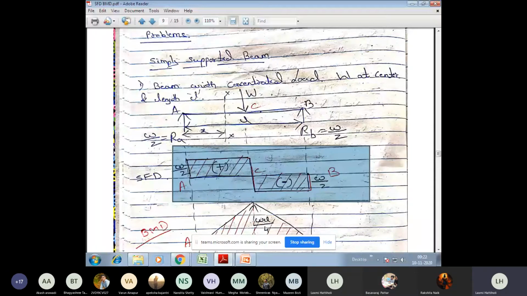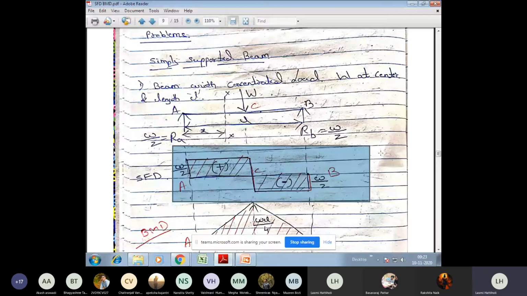But please make sure that every day you attend the class, because this shear force and bending moment diagram is such that if you miss any one class, probably you won't get the concept in the next session. At least the starting 4 to 5 classes are very important for this particular chapter, right? And these videos will be already uploaded on YouTube. Please refer to the YouTube channels as well. The link has already been shared with you. Those who have not attended the class can refer to those links and learn.